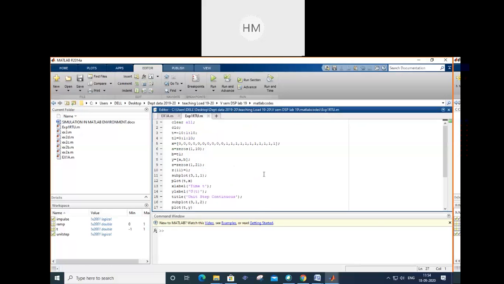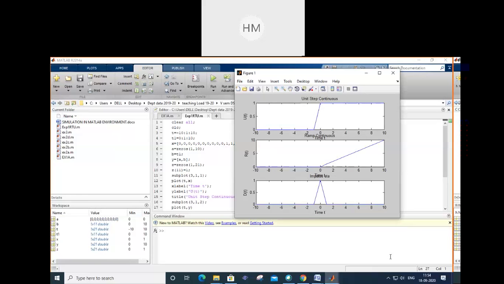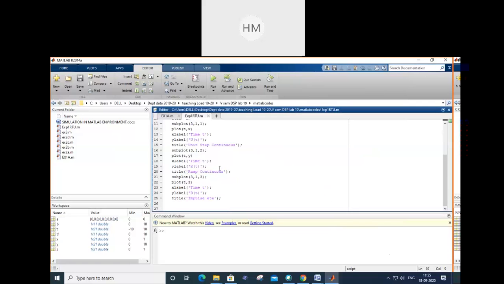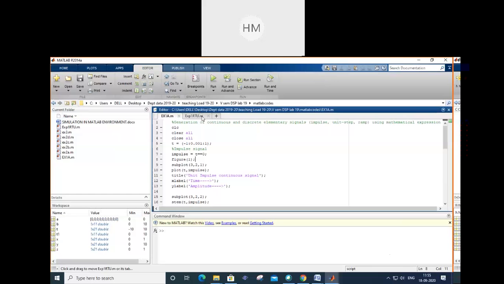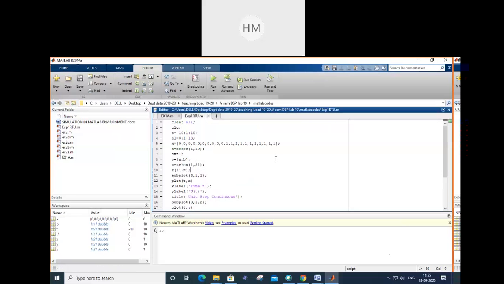हाँ वो सेम नहीं आएगा बेटा ग्राफ, वो सेम नहीं आएगा. उसका ग्राफ इस तरीके का आ रहा होगा तुम्हारा. I will show you, it is like this. Because it needs many corrections. इसीलिए प्लॉट दिया है तुमको कि इसका स्टेप साइज चेंज करो. तो t -10:1:10 हमने लिया है ना, इसको चेंज करो. Intermediate steps change करो. Ramp signal के लिए भी ये तुम्हें बनाना पड़ेगा. This is for continuous. और discrete का तो सही आ रहा है इसमें ग्राफ. So in this program you have to make corrections.